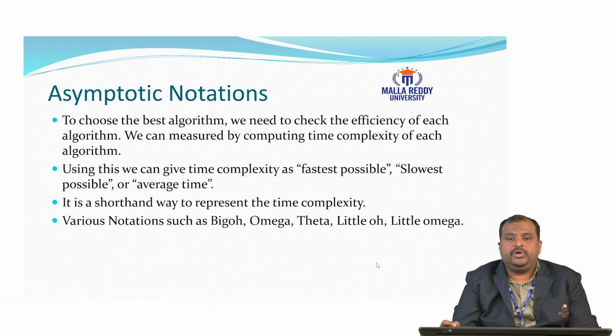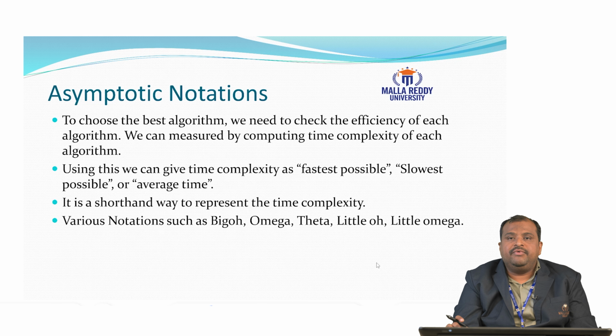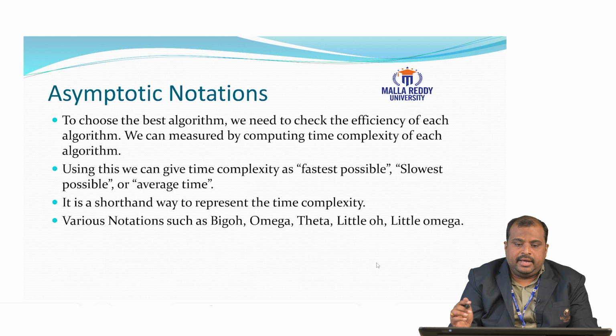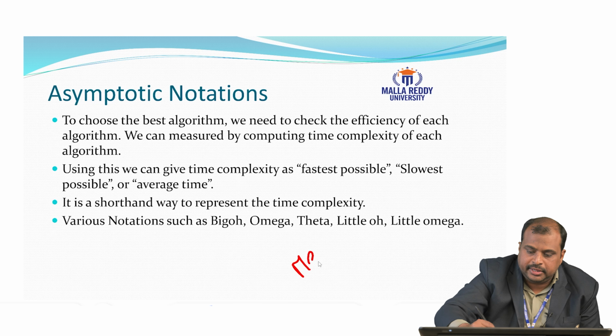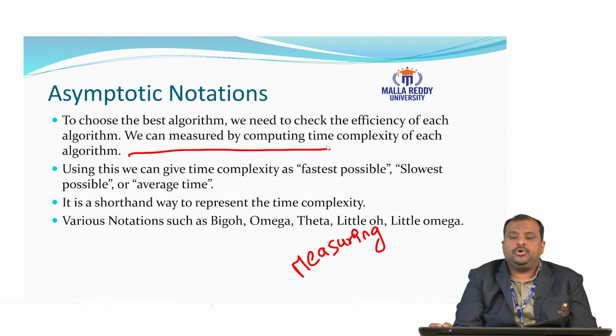Now the next topic we are moving to is asymptotic notations. These asymptotic notations will clearly explain which algorithm we need to choose. To choose the best algorithm, we need to check the efficiency of each algorithm. How can this be measured? We can measure this by computing the time